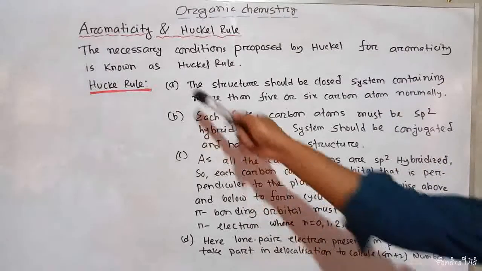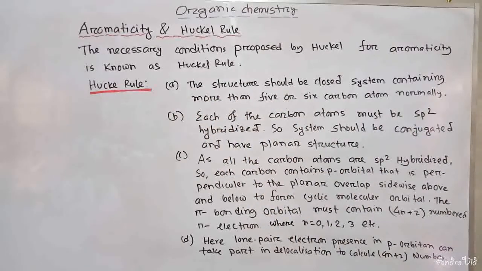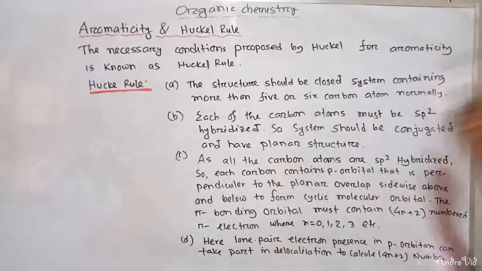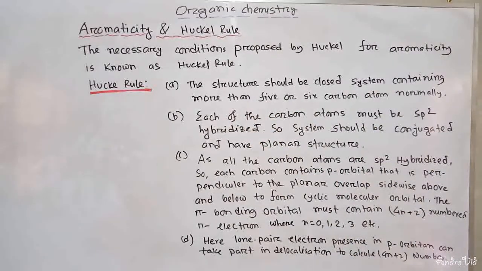The first rule: the system should be a closed system. The structure should be a closed system containing normally more than 5 or 6 carbon atoms. So for any compound to become aromatic, the structure should be a cyclic closed structure, and this structure must normally contain more than 5 or 6 carbons. Now the second concept,